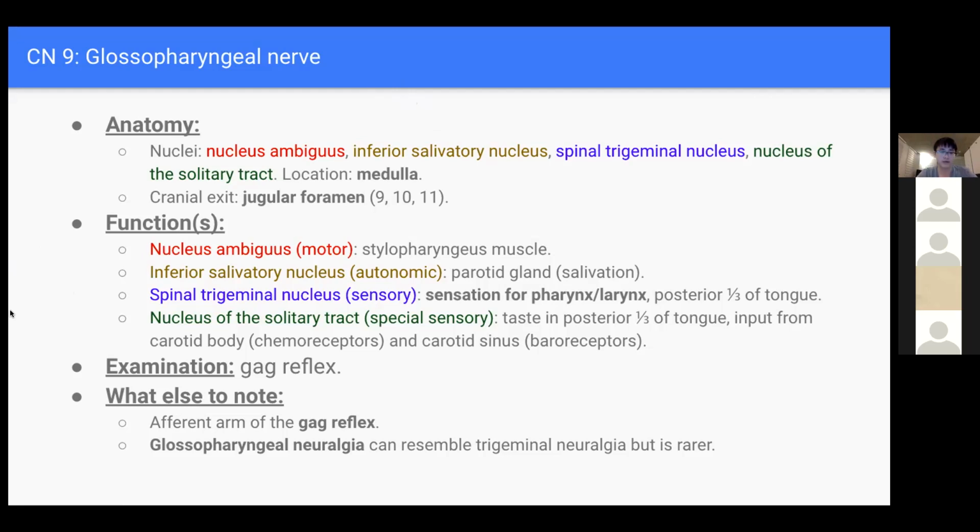So that's it. Okay. So examination, you would do the gag reflex. Unfortunately, the 9th nerve is a tough nerve to examine. Gag reflex is one of the only things you can do, really. So it's the afferent arm of the gag reflex because, again, right, it takes care of the sensation for your